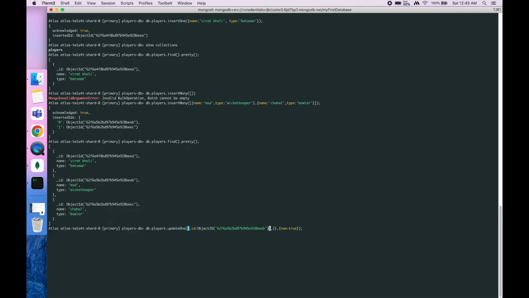Once we paste it, in the second parameter we need to give the thing we want to update. For example, there is an operator which is $set. $set means you want to update a particular field. For example, here in $set I want to set type colon wicket keeper and batsman, and here if I run this,